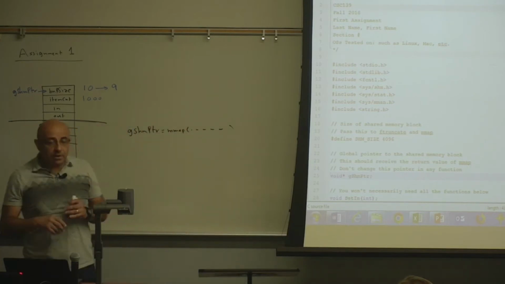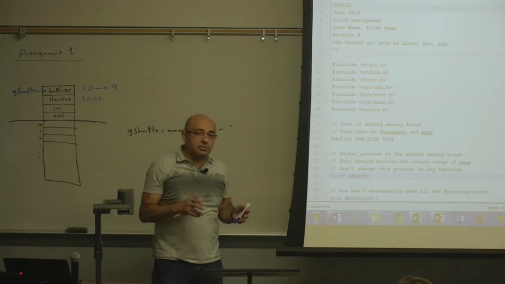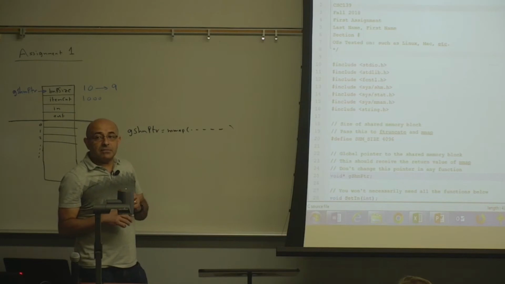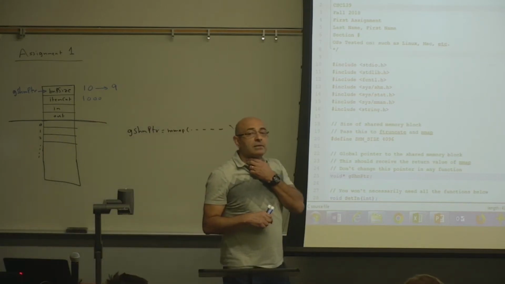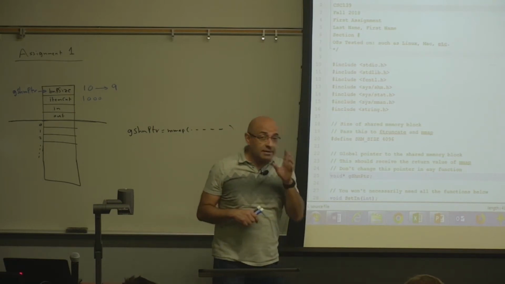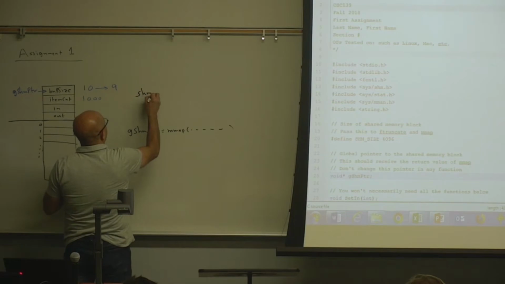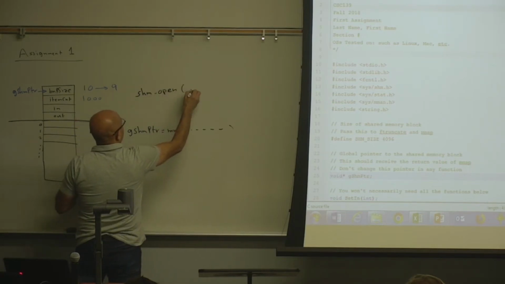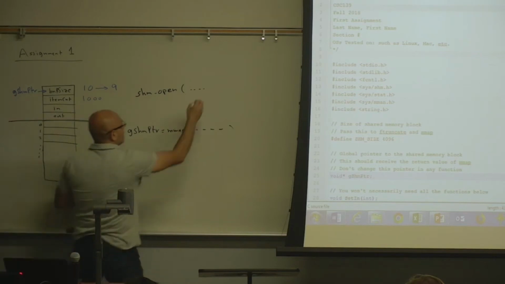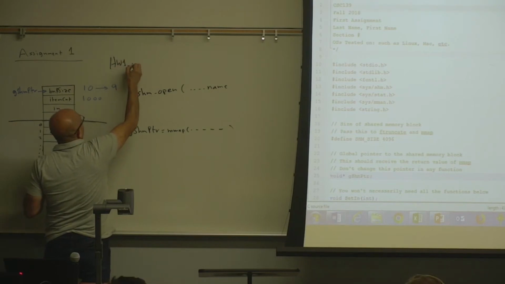How? So we are making these APIs. What's the parameter that we pass to the APIs that will tell the operating system to map the same object? There is something that we mentioned last time. Okay, so the object has a name. So that's an object name. That's something that the operating system understands. When you do shared memory open, one of the parameters is a name. And you must give it the same name. And what's that name? Homework 1, your name.